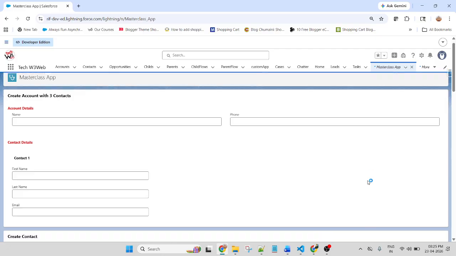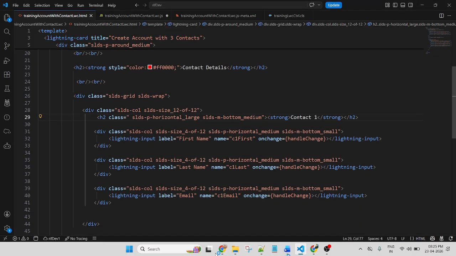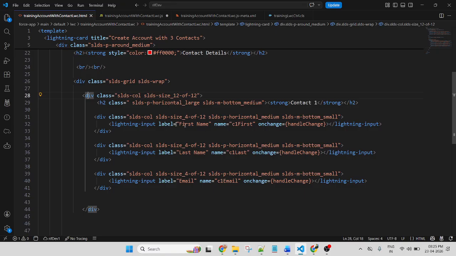Not very good. Okay. So the first account form has been completed. Now this is a wrapper. Where is the wrapper? This is a wrapper. This is a 12. Okay.